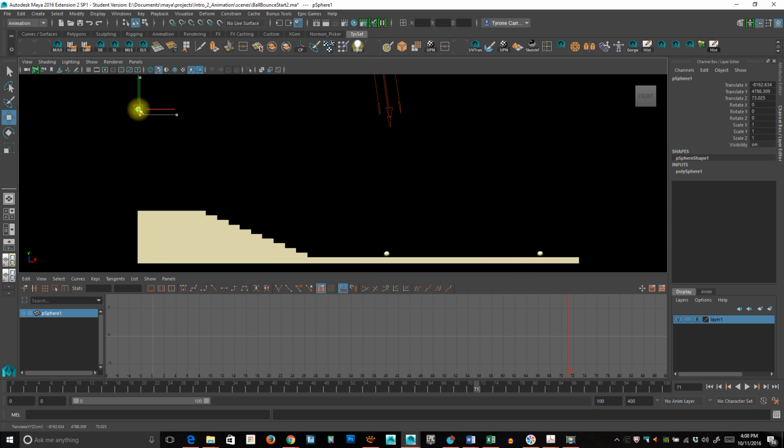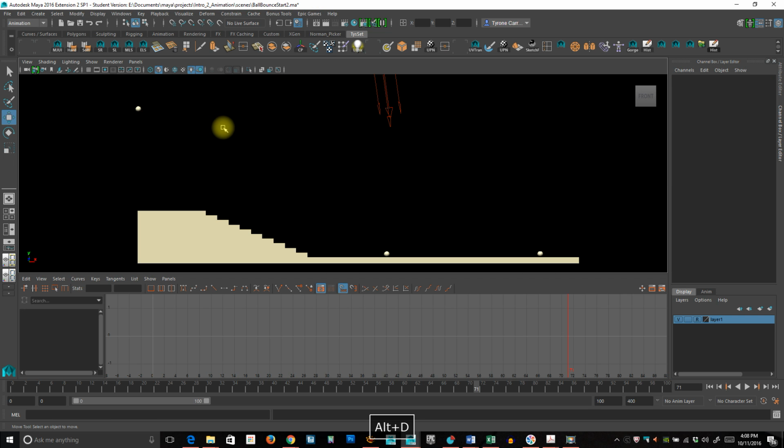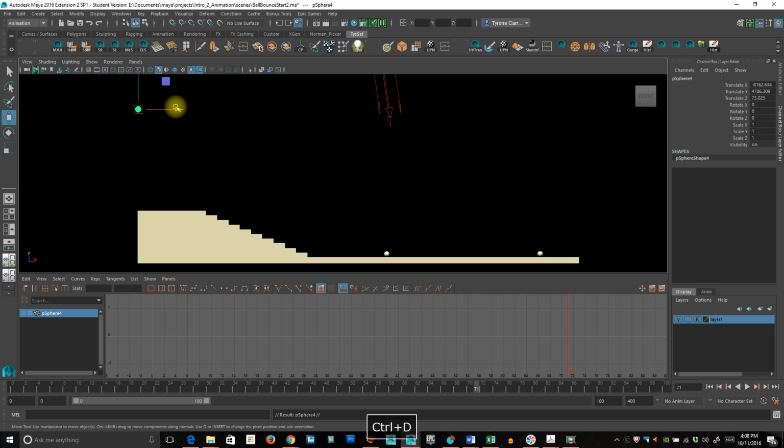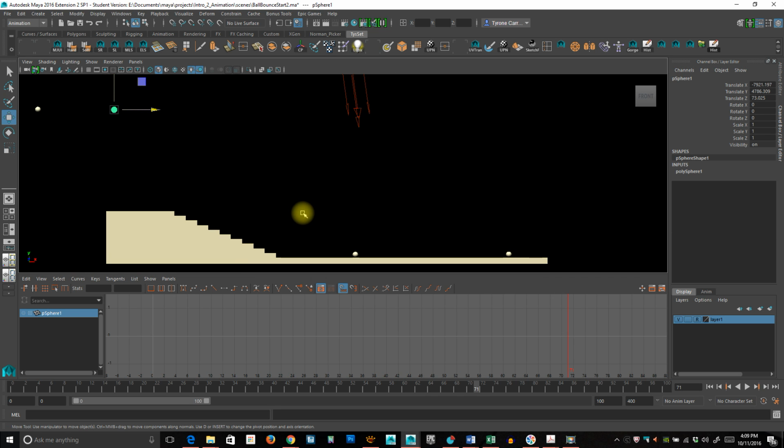So let's say this is our ping pong ball, and I'm just going to duplicate this ball here so that we have a few spares. We don't have to keep making them. Let's make this one the ping pong ball. Now remember, I can't make it white. I can't scale it down. We're going to pretend that all these balls in reality would be the same size, but we're just going to animate them as if they weren't. The general idea is that a ping pong ball is bouncy. If you've ever played ping pong, it's kind of sharp, boom, boom, boom, boom, and it speeds up